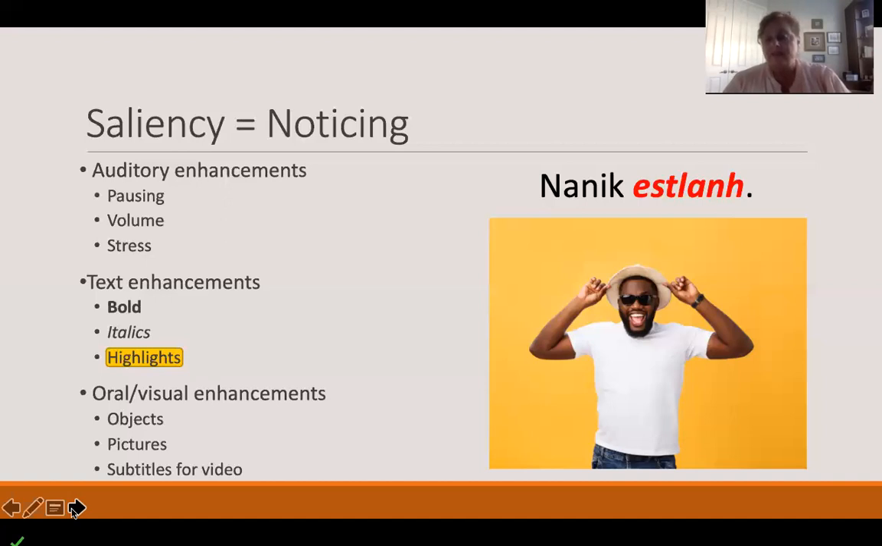Even subtitles for video can be helpful for kids in terms of an opportunity to connect sound with its real life meaning, particularly when that's done in a real life context. What's wonderful about auditory enhancements is there isn't a lot of preparation for you as a teacher to think about how can I use my voice to make my students pay attention to things I want them to hear clearly